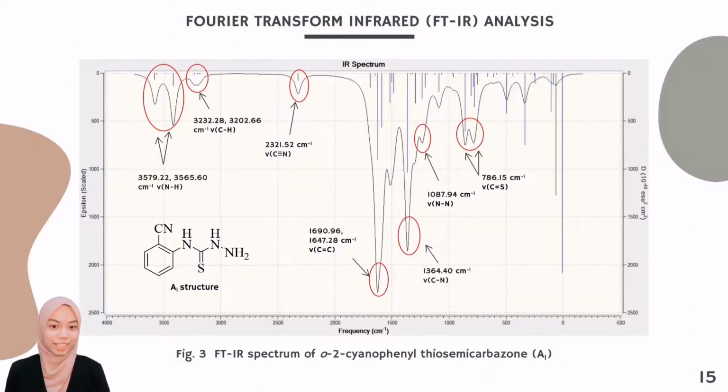In FTIR analysis, the theoretical FTIR spectra of the thiosemicarbazone isomers were recorded in the 3500 to 600 region. The infrared analysis showed the presence of 7 main absorptions, namely NH, CH, CC, C-N, C≡N, N-N, and C-S vibrations. We assign all the possible absorptions in the IR spectrum.